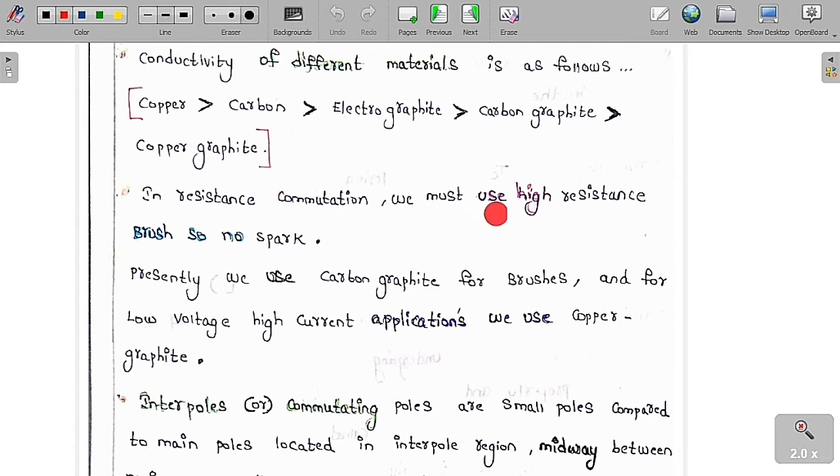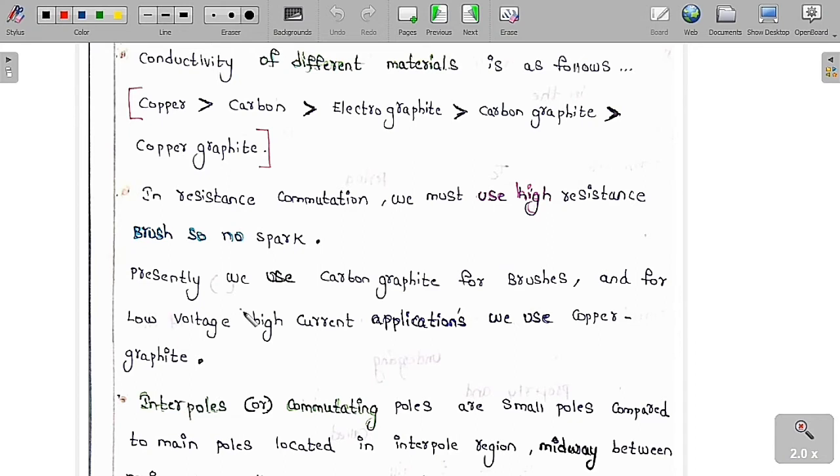In resistance commutation, we must use high resistance brushes, so no spark. Presently we use carbon graphite for brushes, and for low voltage, high current applications, we use the copper